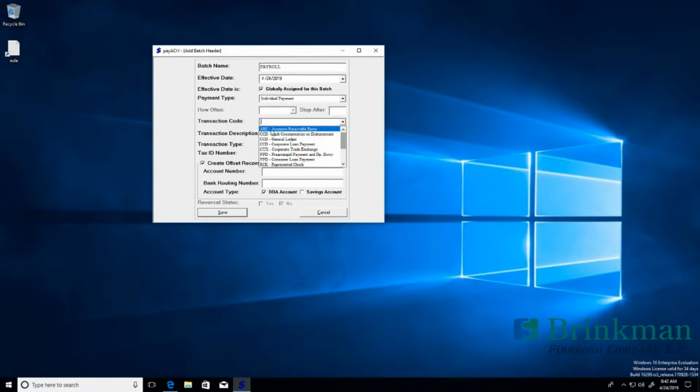There is also ARCs for if you received a bunch of paper checks that you wanted to convert into ACH. There's also some tax payment options between federal, state, and local. We do also support the destroyed check entry and the web entry. So I'm going to select the PPD option, and by default it generates a quick title for this transaction, but